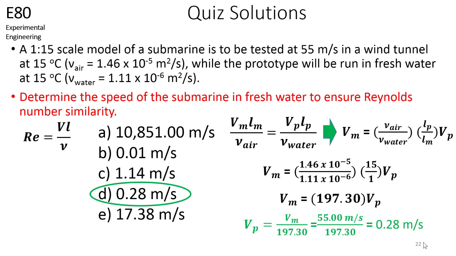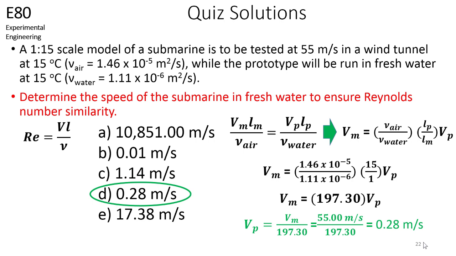The correct answer is D. To ensure Reynolds number similarity, the Reynolds number of the actual submarine must be equal to the Reynolds number of the model. Here you see that the velocity of the model will equal the flow velocity of the prototype times the length ratio times the ratio of viscosities of air and water. Plugging in the values reveals that the flow velocity of the model is